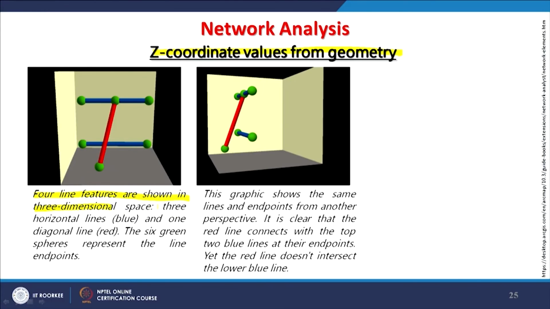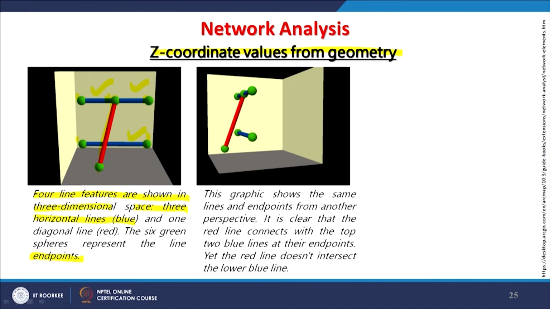Though it looks inclined, this one is also horizontal, and the other one and this one. So, the 3 horizontal lines, the blue line, this line and this blue line, and one diagonal line which is the red line in this model, and 6 green spheres which you can count here, which are representing the end points of each